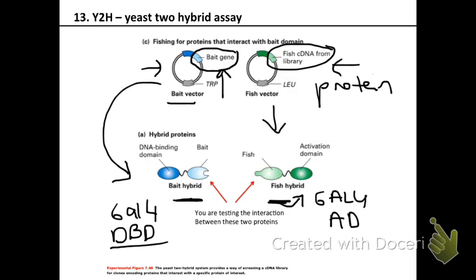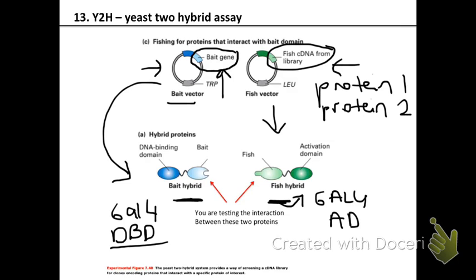In yeast-2 hybrid, we usually don't look at just the interaction of the bait with one candidate, right? You can do that kind of analysis as well. If you suspect that your protein is interacting with another protein and you want to test if it is a physical interaction, you can do that. But if you're interested in all the protein interactions that your protein can make, then you need to make a library